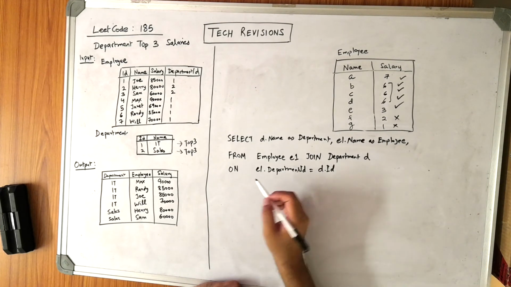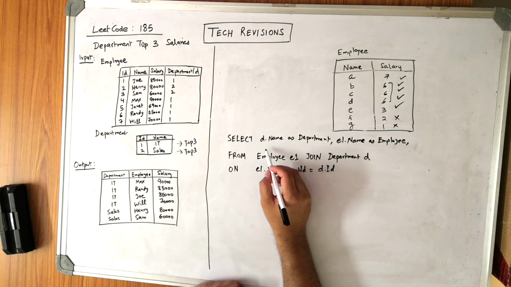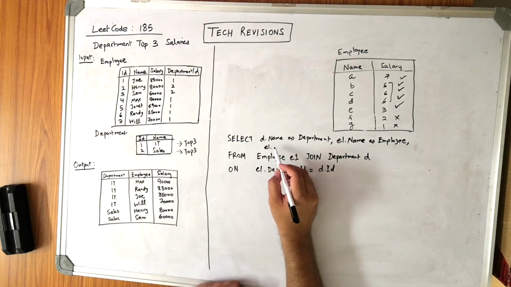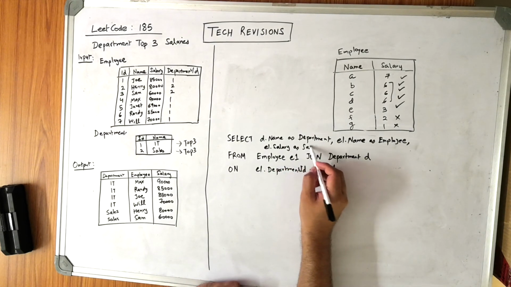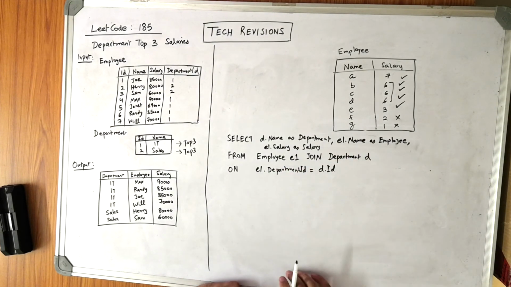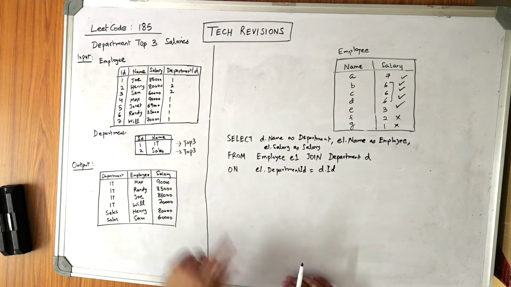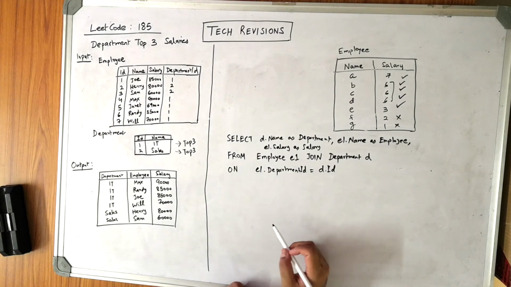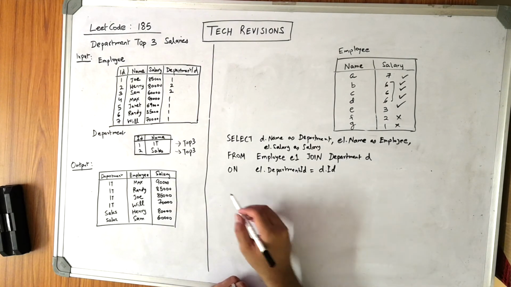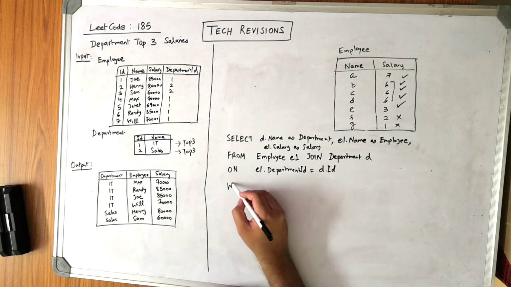And then the last one, E1 dot salary as salary, right? So that does the select part, then the from part, and then the on part, which is the join with the department ID, and then the third, the where condition